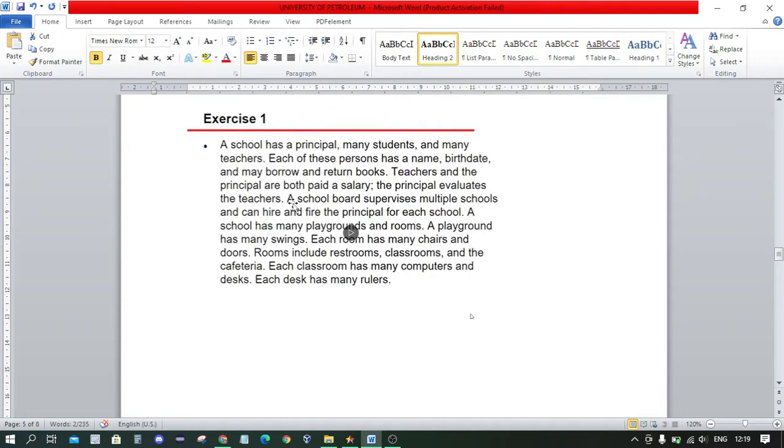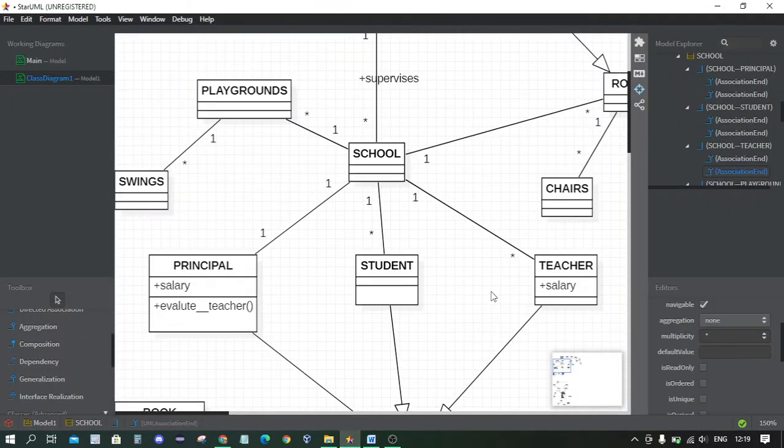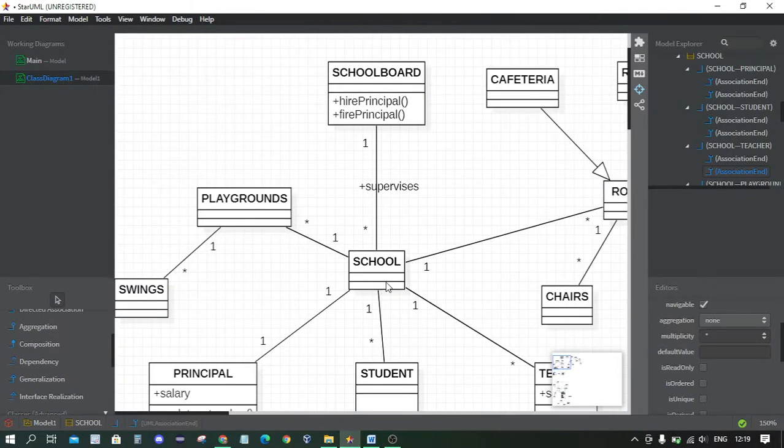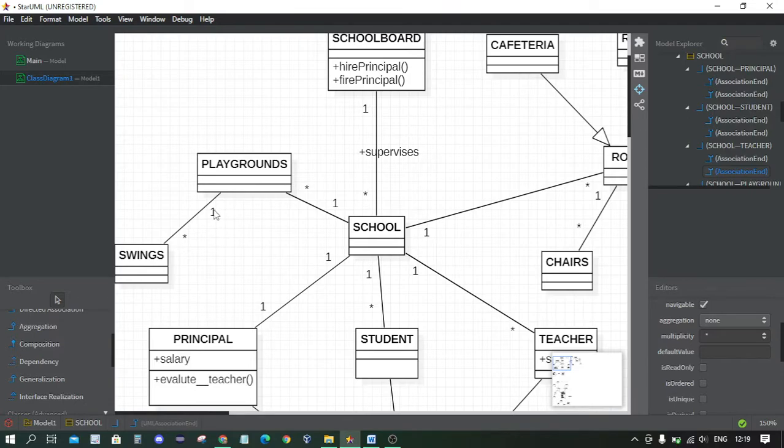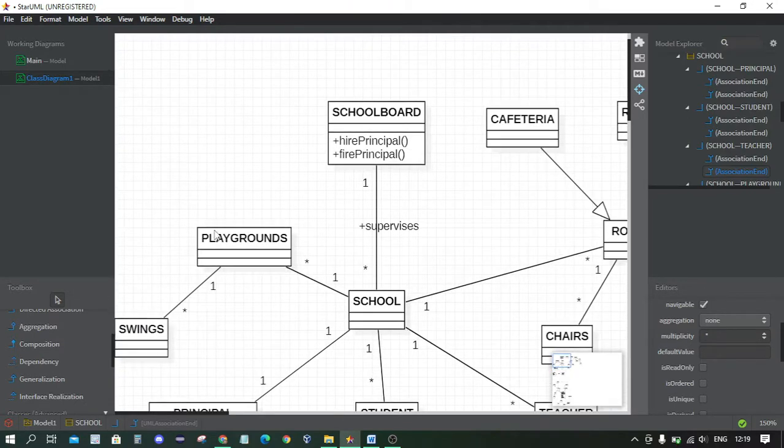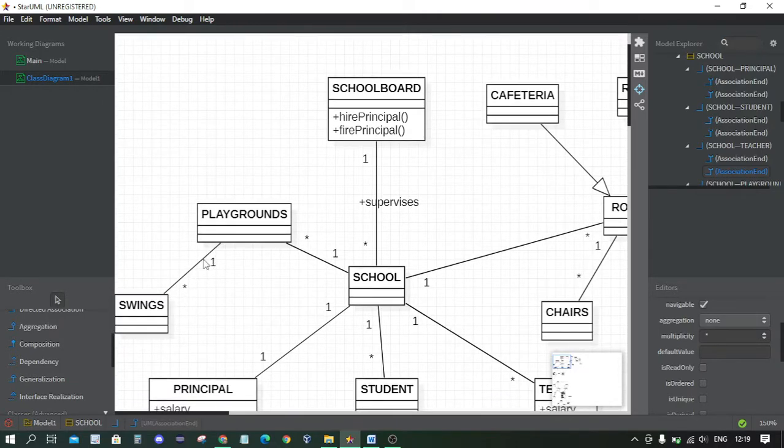Then it says a school board supervises multiple schools. Multiple schools means it contains a one to many relation. You might be wondering about the one and asterisk; these are the relations.